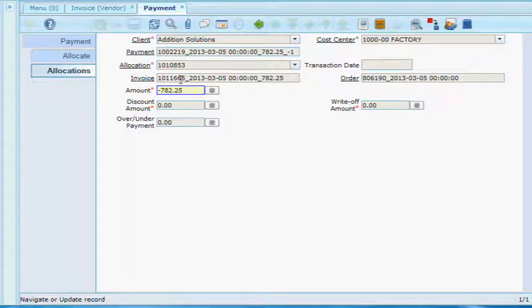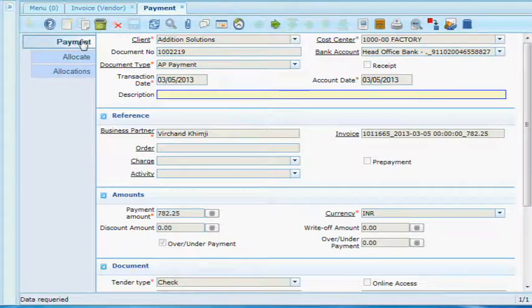Now it shows minus 782 rupees and 25 paise. That indicates 782 rupees and 25 paise has been removed from the bank and paid to the vendor. And here the matching of invoice, order and payment, everything is there. That's it. This is the payment process.